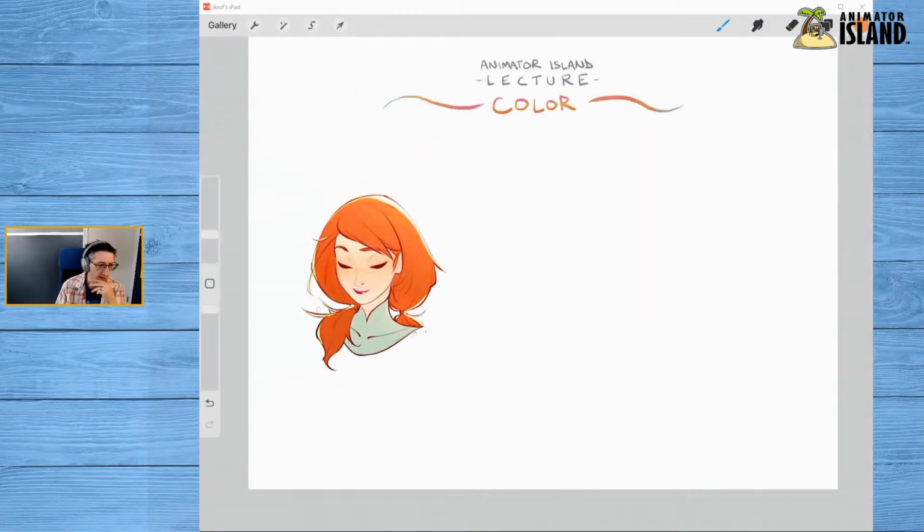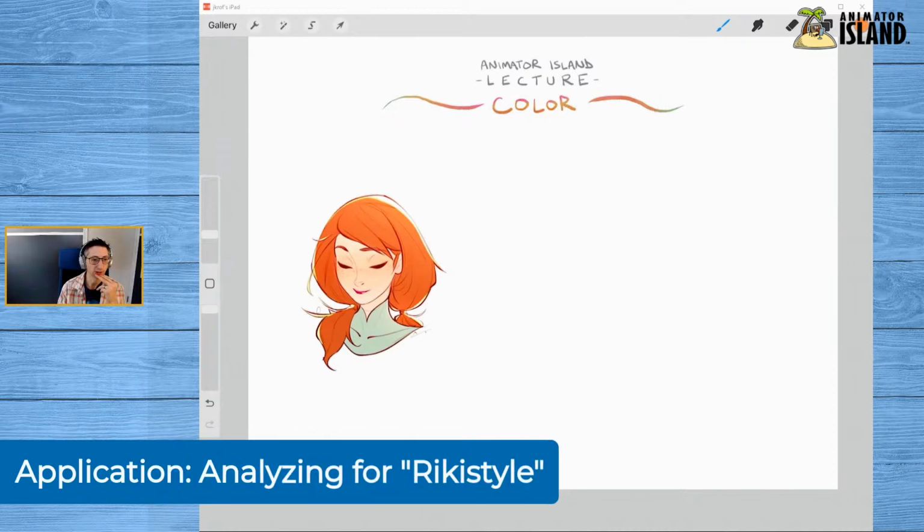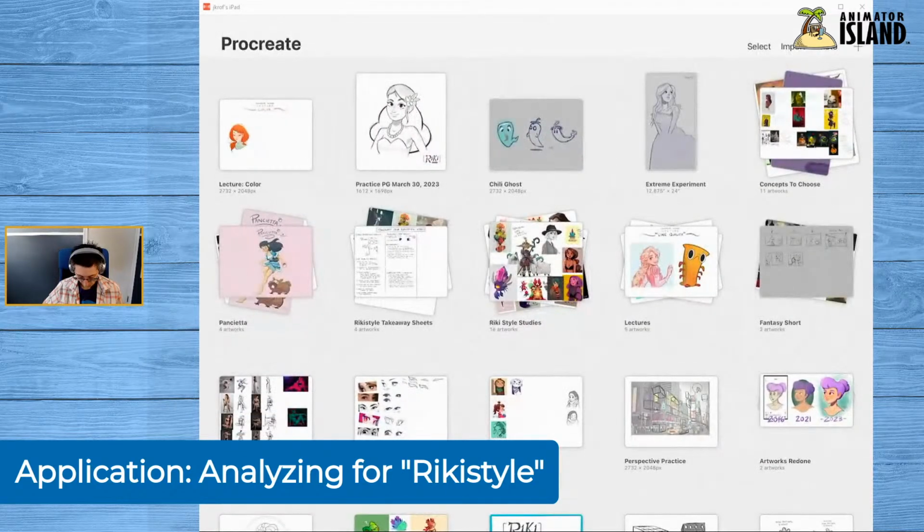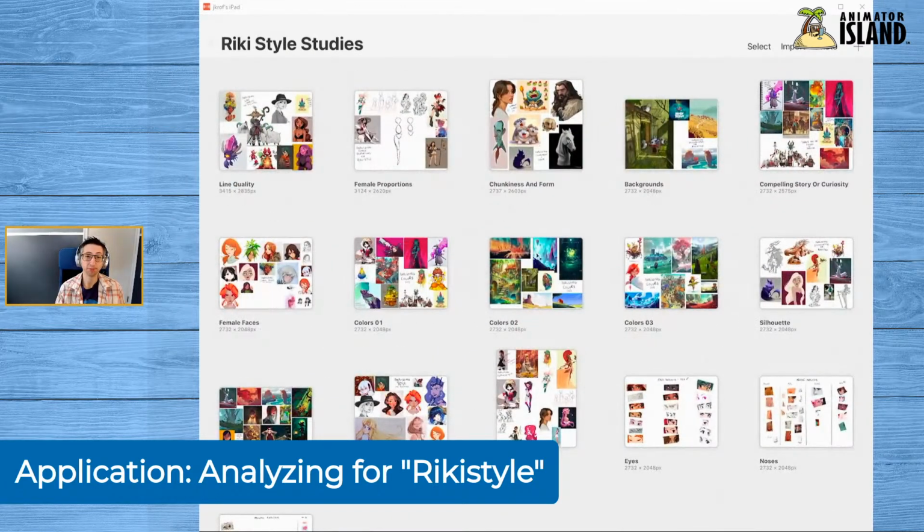Now we will jump back in and get to the next portion, which is application and analysis. We already did a bunch of application here in the lecture portion that we usually wouldn't do, but we're going to jump into some analysis. Again, I will reiterate that I am currently working to change my personal style after 30 years.